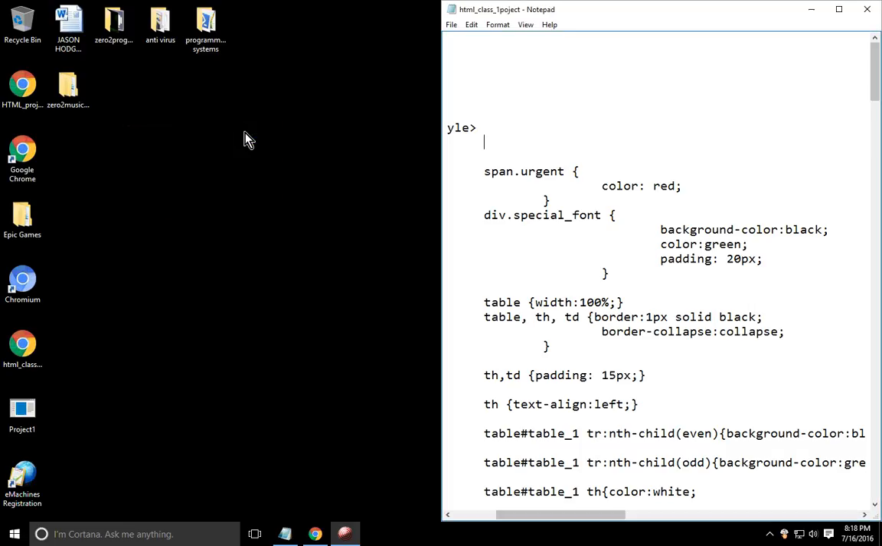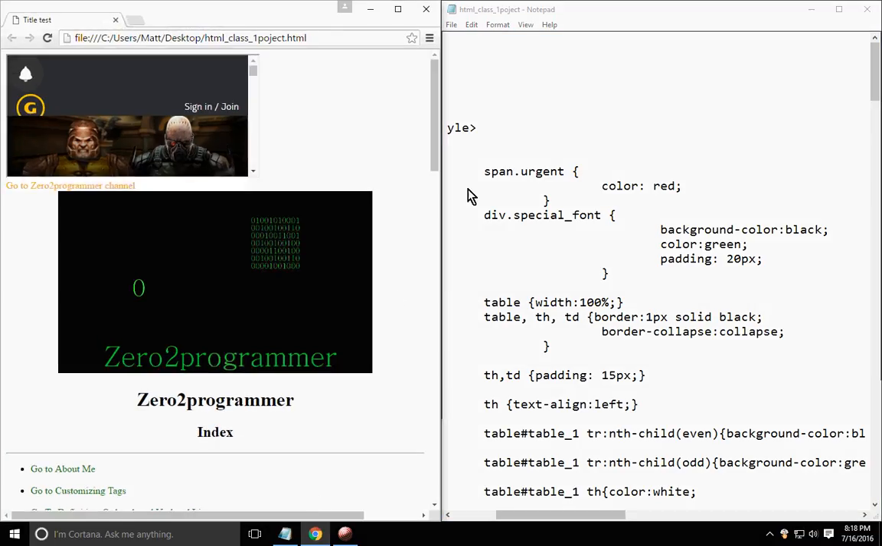Hey, this is Jason with Zero to Programmer, and today we're opening up another HTML project. Actually, the same project we've been working on, and we're in Notepad. We've opened up the browser for this project. As you see, last time I did a